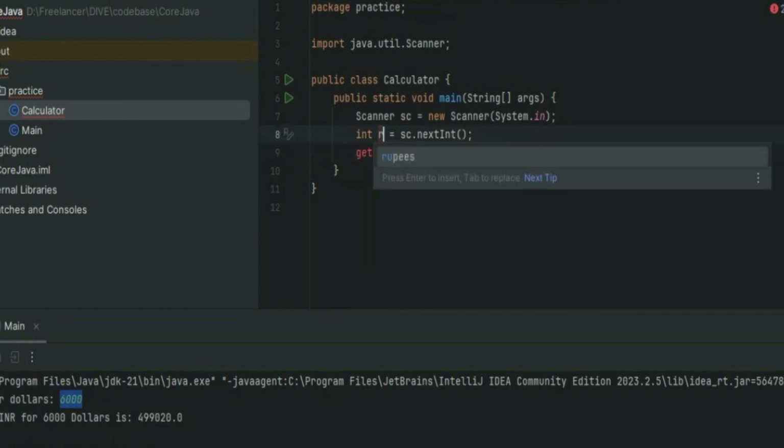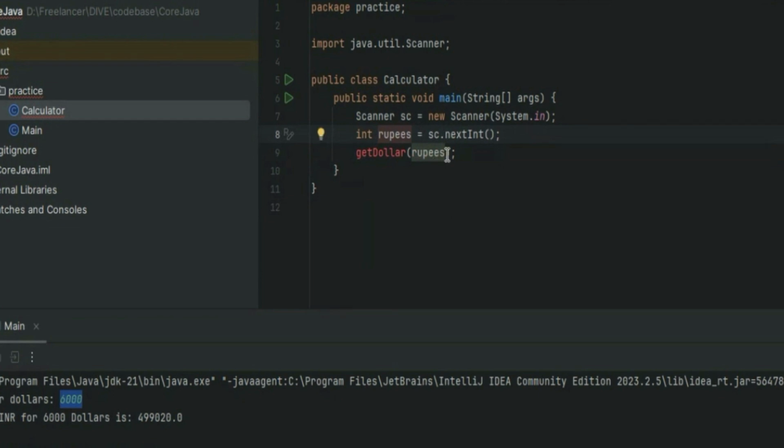So here there are rupees, assuming the entered value is going to be rupees. Okay, so I need to get the dollars as a response. So that should be an integer dollars,